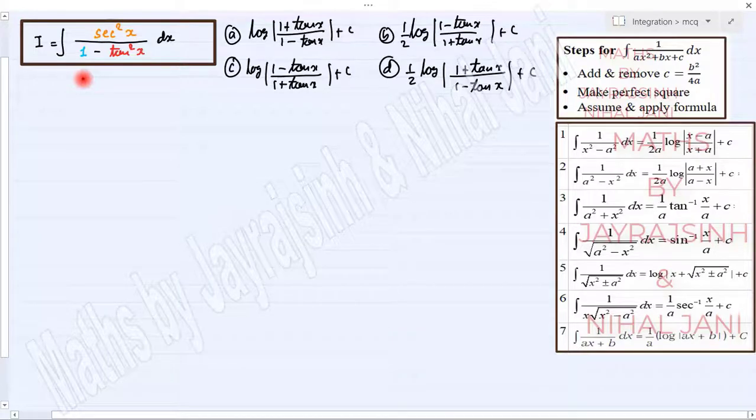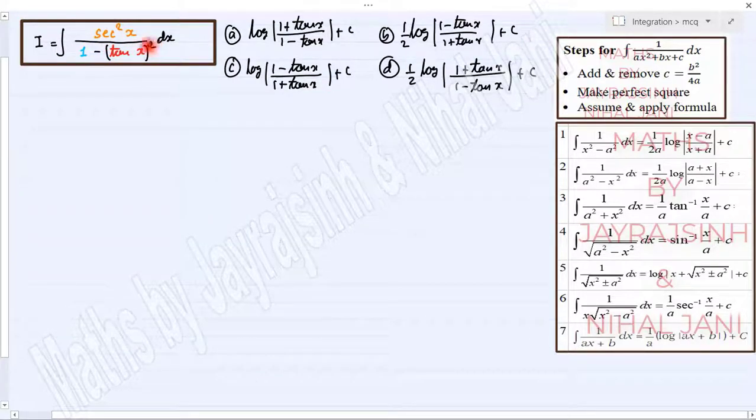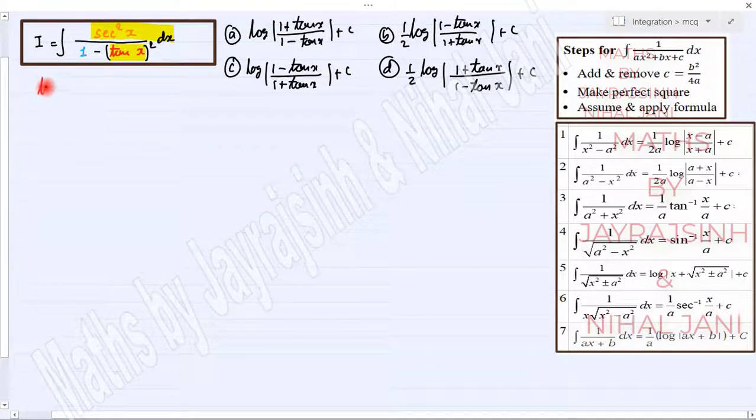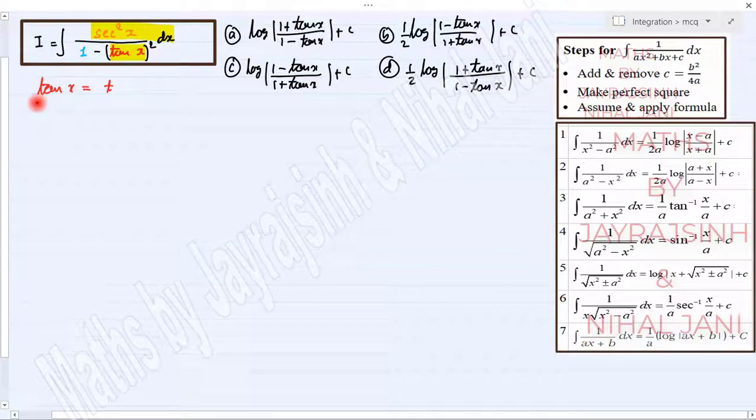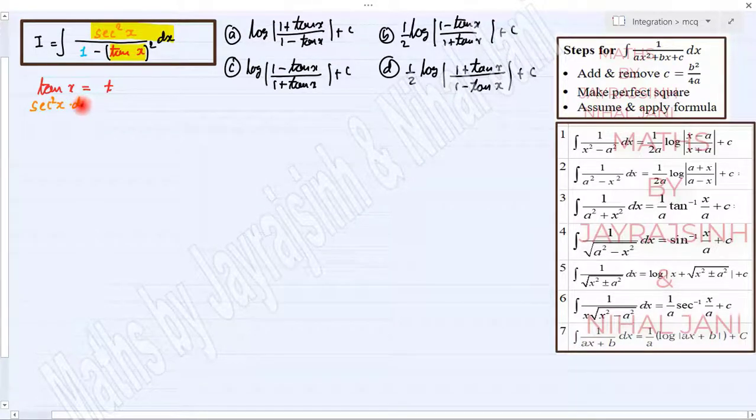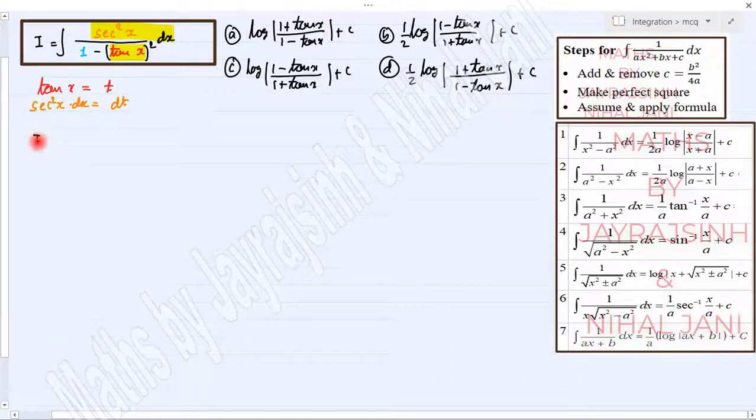In this question, you have to integrate sec square x upon 1 minus 10x. Actually, here we have the differentiation of 10x within the multiplication of dx. So, it is preferable that we assume 10x is equal to t. So, we can get sec square x dot dx is equal to dt. So, integration will become